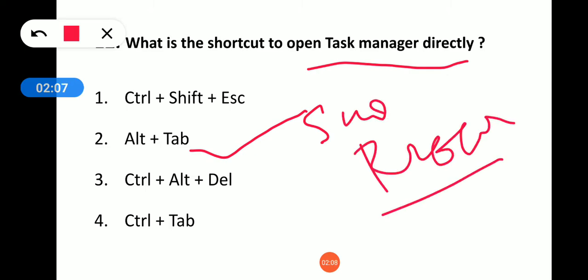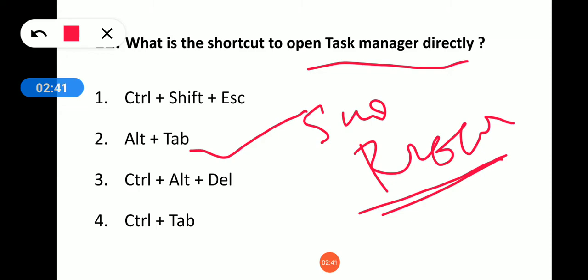For example, if you open a Google Chrome browser and you are watching a video in VLC or MX Media Player, to switch between the web browser and the video player we press Alt Tab. That is switching between the windows.